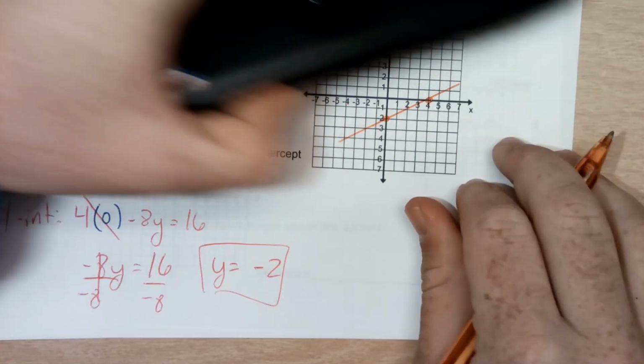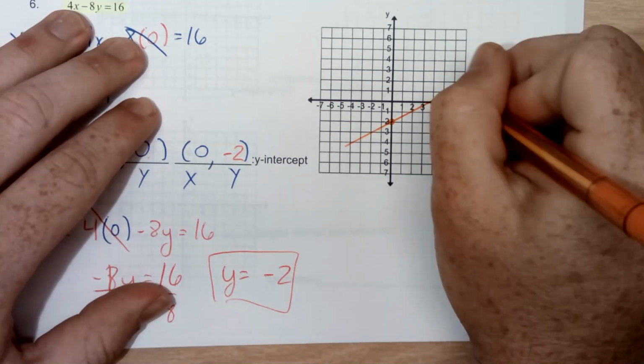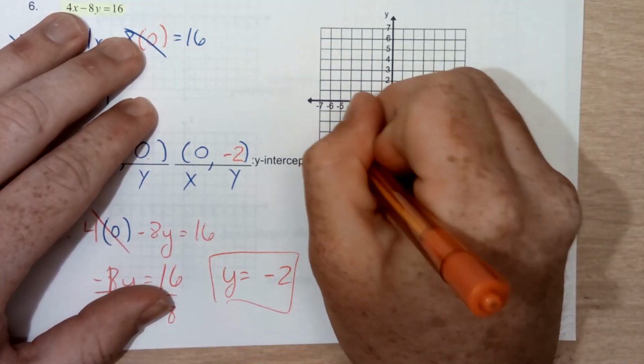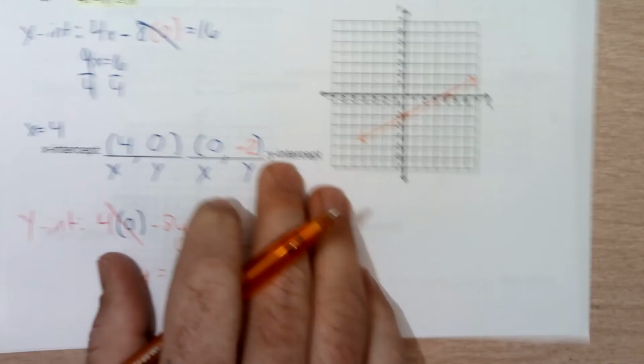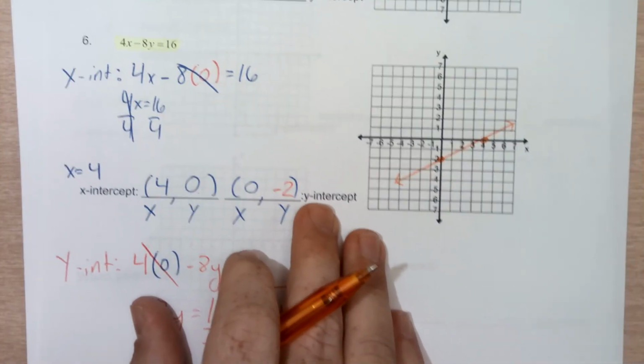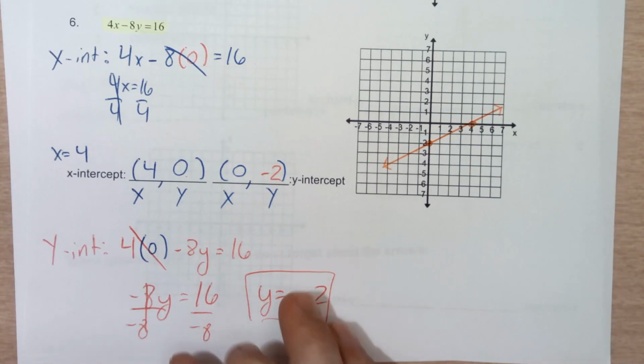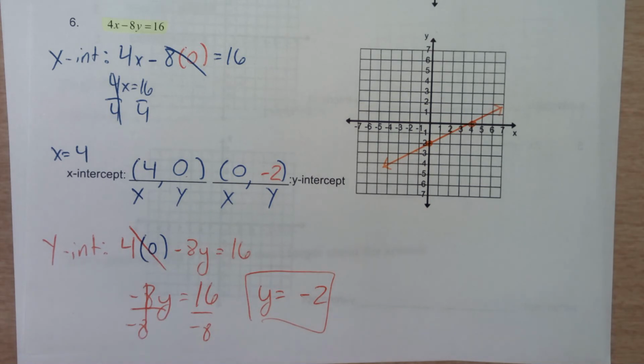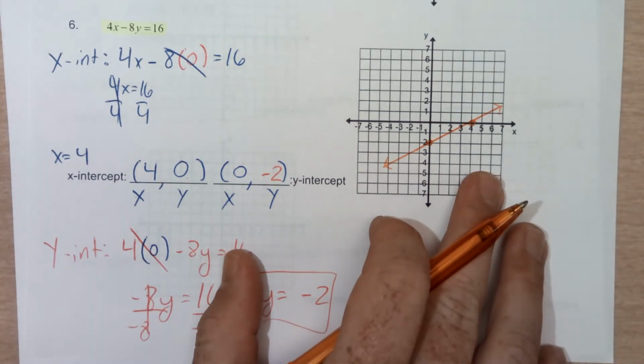So I drew my line, and I'm always going to remember to use my arrows, and like I did, I used a straight edge. Okay. So that is the complete number 6 for you. That one is done for you. Now you guys just have to do 1 through 5, okay, because I did number 6 for you. All right, make sure you still copy this down onto your paper, though, because you won't receive credit for it